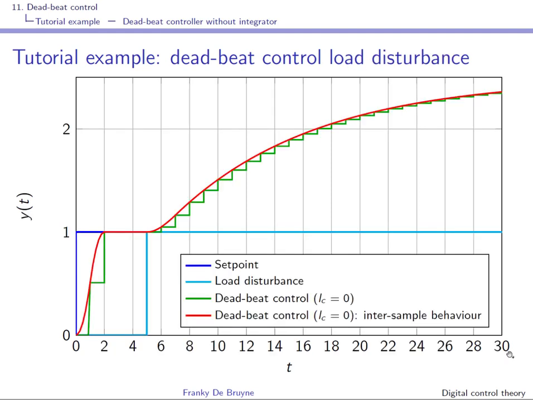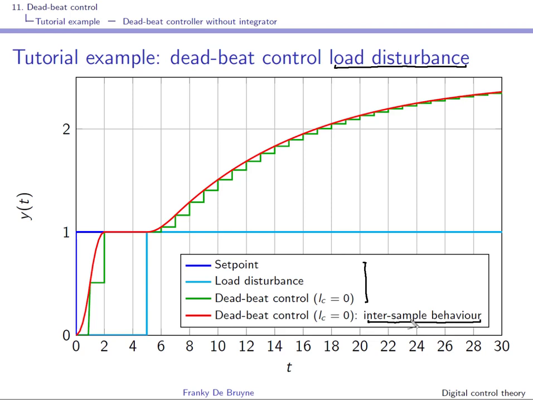Well, we can also look at the load disturbance. What you see over here, and the Matlab code is not given, so you'll have to think about how you could do this kind of simulation, but of course you'll have to consider the transfer function in closed loop that is associated to a load disturbance. The first three curves are again obtained using Matlab, and the fourth one, the intersample behavior, is obtained using a